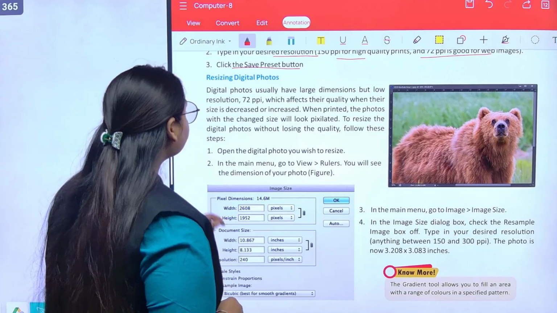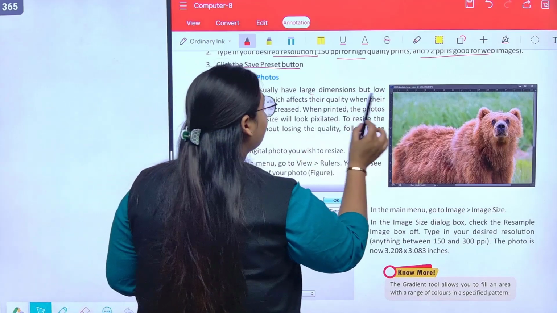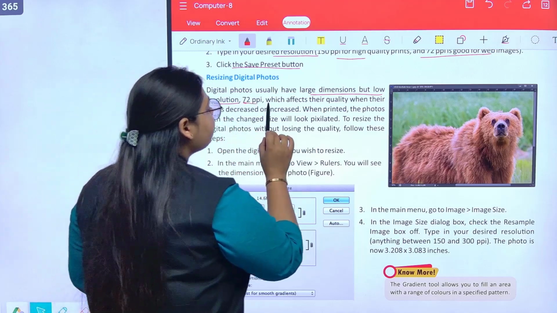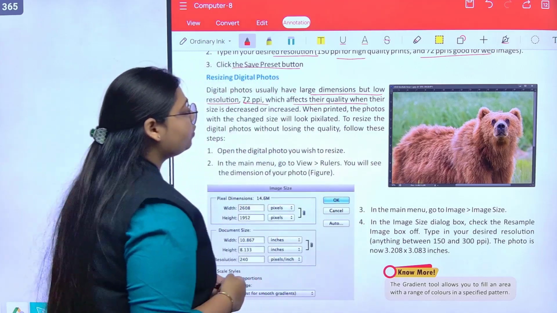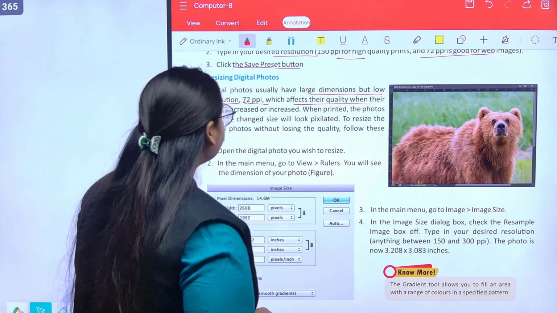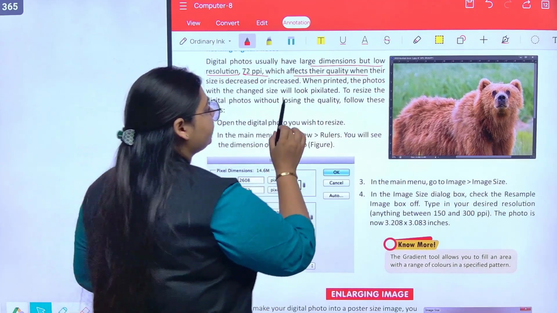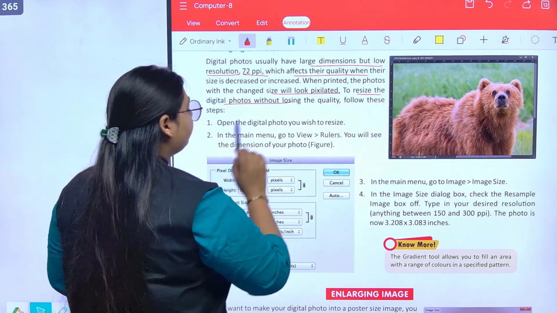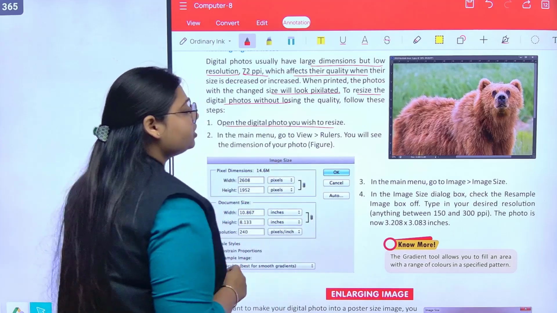Resizing digital photos. Digital photos usually have large dimensions but low resolution, 72 ppi, which affects their quality when their sizes decrease या फिर increase. Now, when printed, the photos with changed size will look pixelated. And to resize the digital photos without losing the quality, हमें उसके लिए open करना है digital photo that you